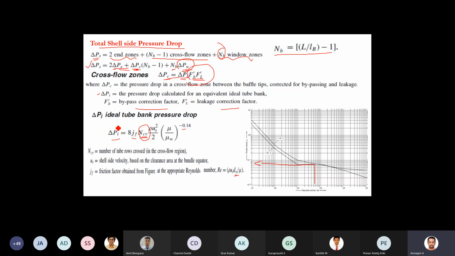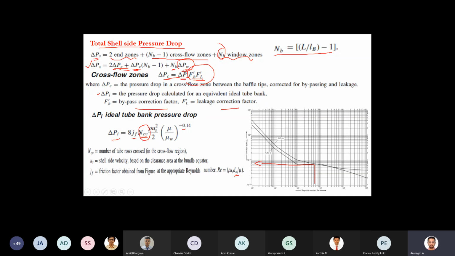And we have calculated ATB and ASB. In calculating ATB and ASB, we have accounted for the clearances between tube and baffle and between bundle and shell, or you can say baffle to shell. Everything is accounted for, including the bundle cut and baffle cut, and the area correction between the window zone area and the total area. So it will give a better value when compared to the Kern method.